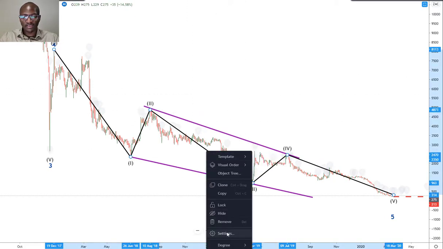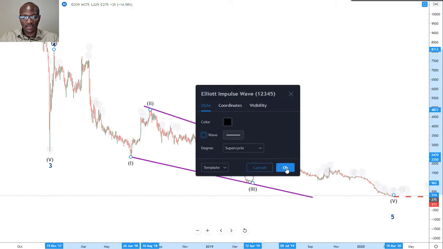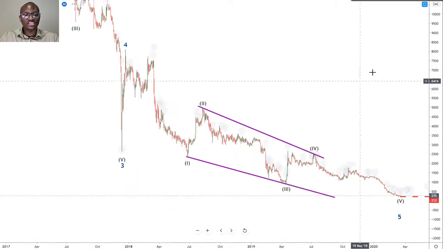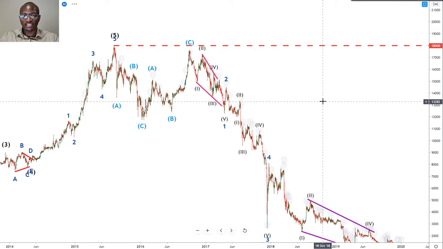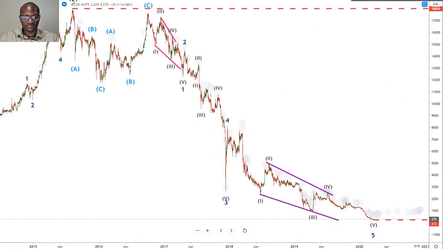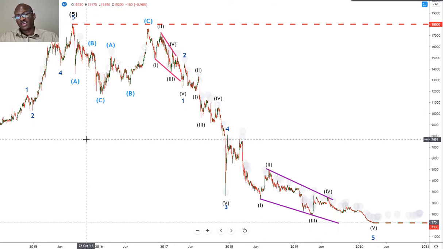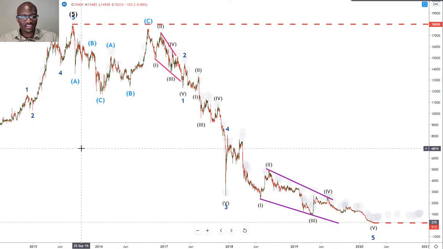A falling wedge being a terminal pattern would then suggest that this entire bear market is now complete. So if we look at this whole bear market, from 180 Rand to 2 Rand was beyond what any technician could have forecasted, whether using Elliott Wave, or whether using the double top estimation. The bad news just drove prices lower and lower.